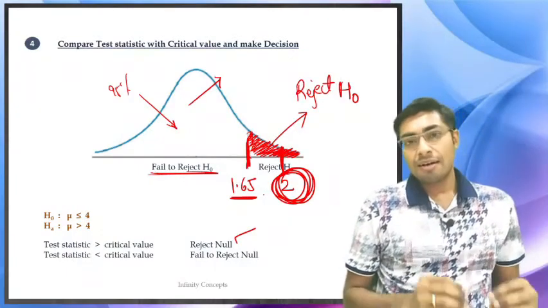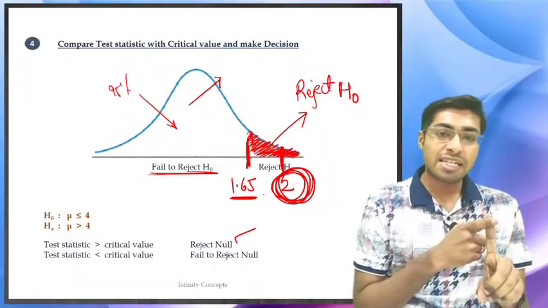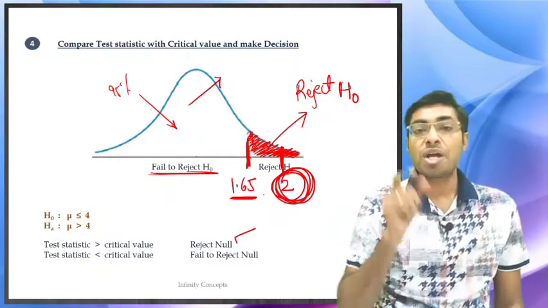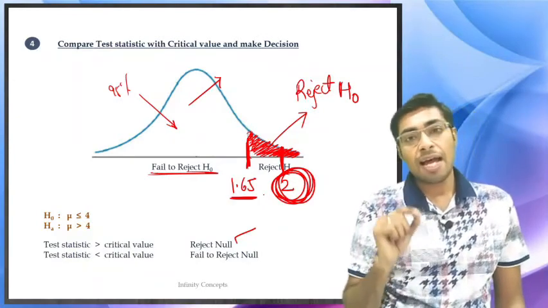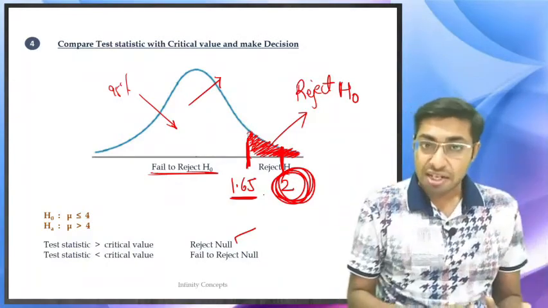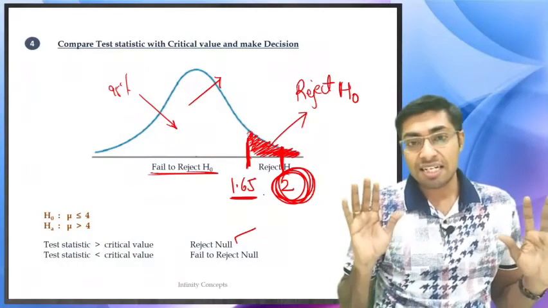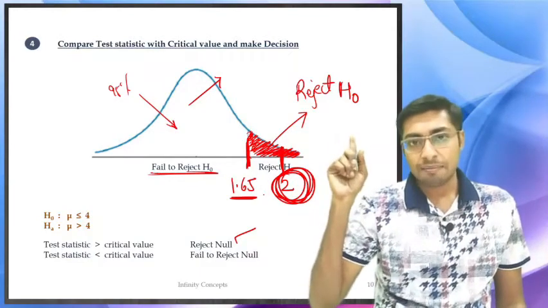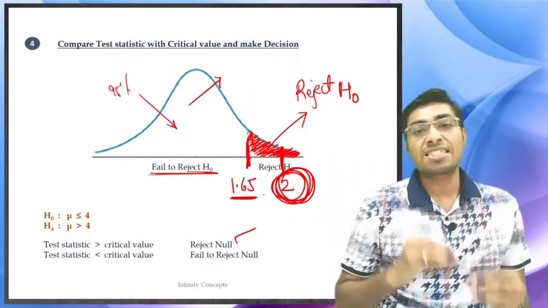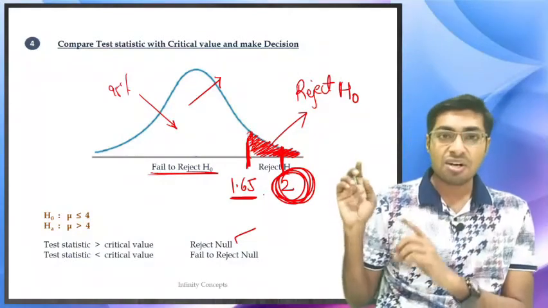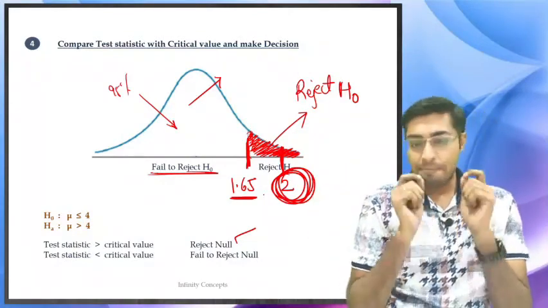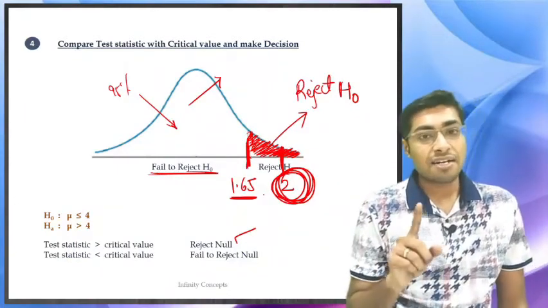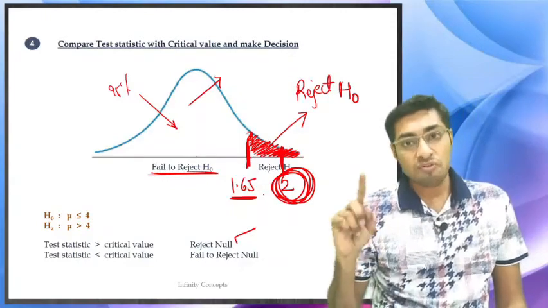Let me again summarize the 4 steps. First is state the hypothesis, null hypothesis and alternative hypothesis. Null hypothesis is something that should have an is-equal-to sign in it, and it is something that we want to always reject. We will be very happy if we are statistically able to reject the null hypothesis. Null hypothesis will be the opposite of the statement that we have made. Step number 2 is calculate the test statistic. The test statistic for a Z test or T test is going to be the sample statistic minus the hypothesized value, divided by standard error, and standard error is standard deviation divided by root of n.